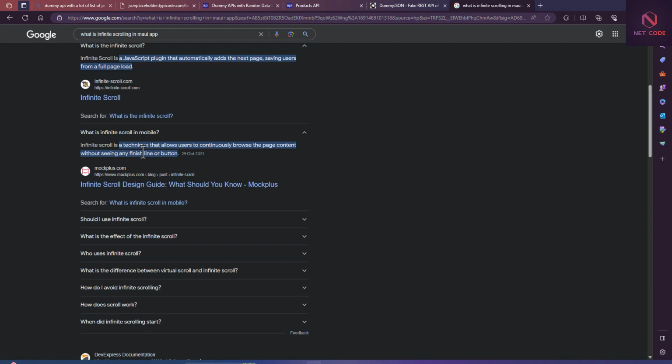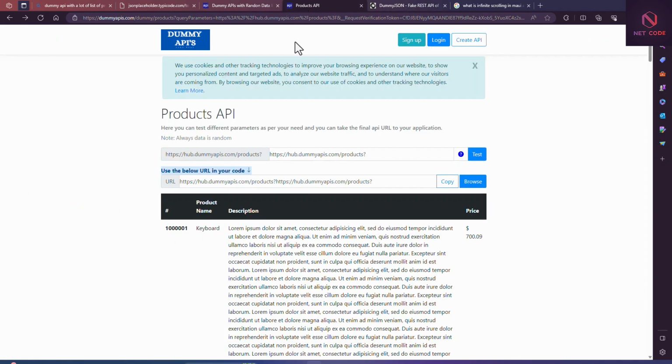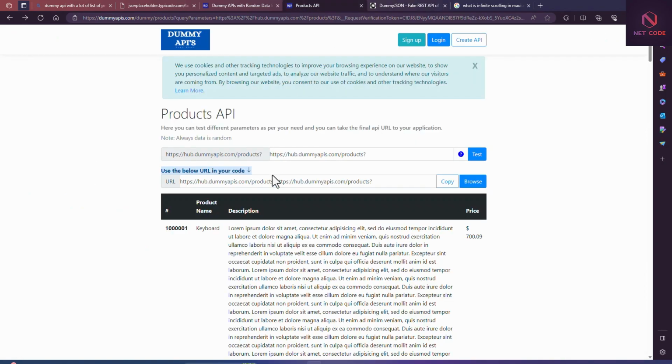So you're going to have an API that is a dummy API for test. We're going to get data from this API, and that's what you're going to be using. So I tried to surf online to get some dummy APIs, so it will make this lesson easier. Now I got these three APIs. We have the product API and we have the dummy JSON also. So all this is for product, and also this also for product.